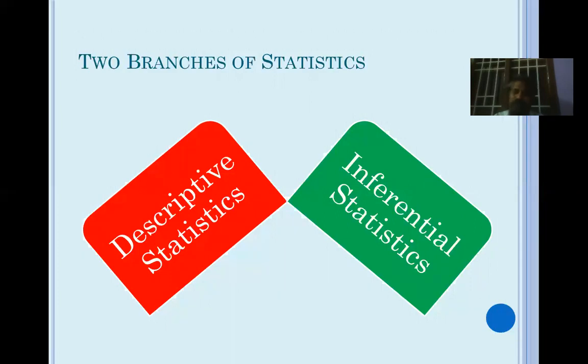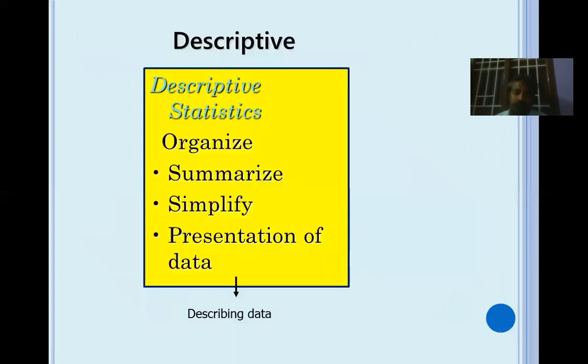It just gives you the state of affairs. It just tells what it is. That's it. Then comes inferential statistics, the most widely used by the researchers for testing their hypothesis. Okay, that is inferential statistics. So let's see about these 2.